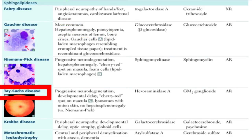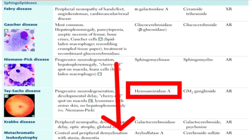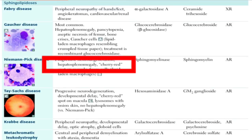Now this is different than Tay-Sachs disease, which presents with cherry red maculae. Lysosomes with onion skin due to broken hexosaminidase A. GM2 accumulates with the loss of milestones, decreased eye contact, startle seizures, and developmental delay. Whereas in Gaucher you have macrophage problems in the liver and bone, Tay-Sachs attacks neurons, and central nervous system is prone. Now think of Niemann-Pick disease as a combination of Tay-Sachs and Gaucher, so you get both liver and CNS